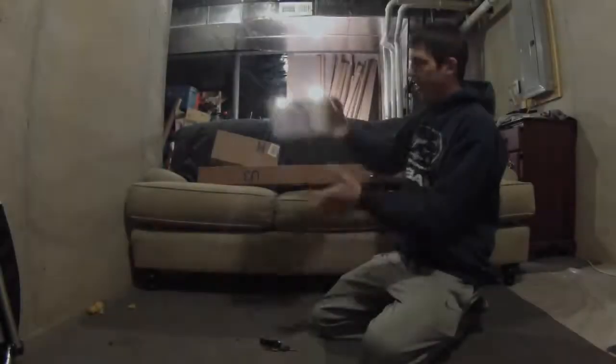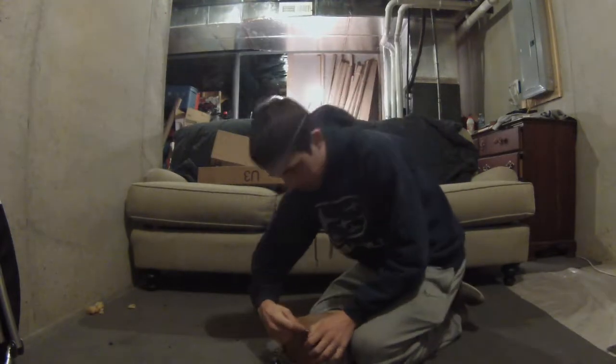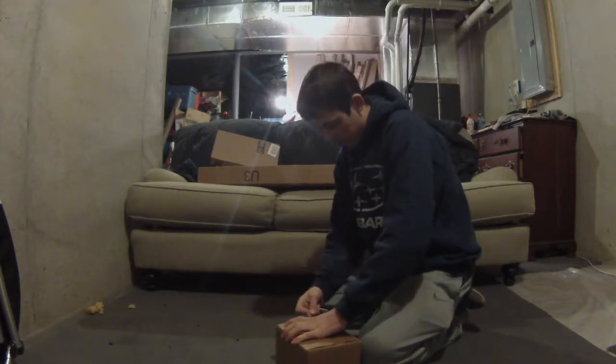I got the Jeep for $1,000. We're gonna open these boxes. I'm gonna show you what's inside these boxes, and hopefully it fixes the overheating problem with this Jeep. But in this box, this should be my thermostat, because when I purchased the Jeep and we got it back to the house, we were looking over everything, and